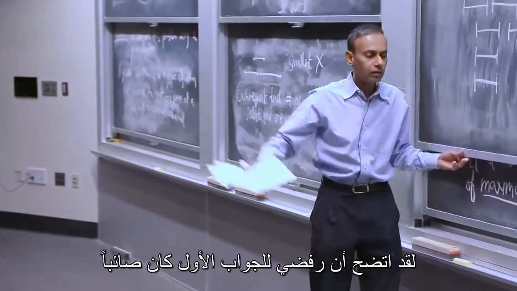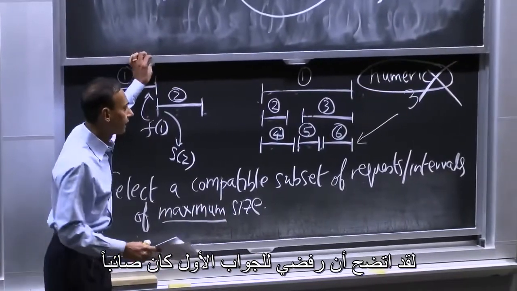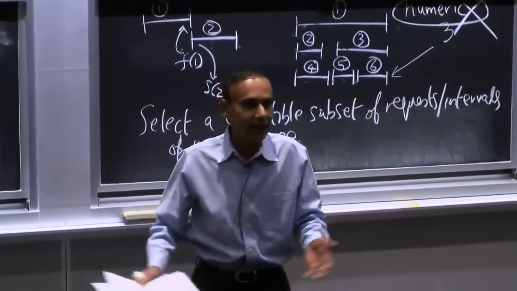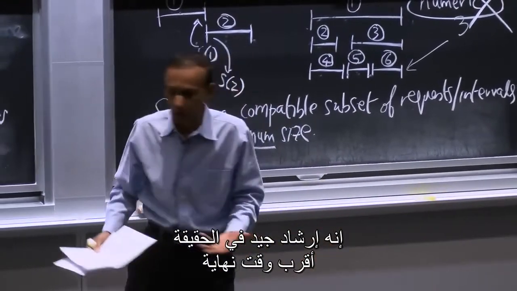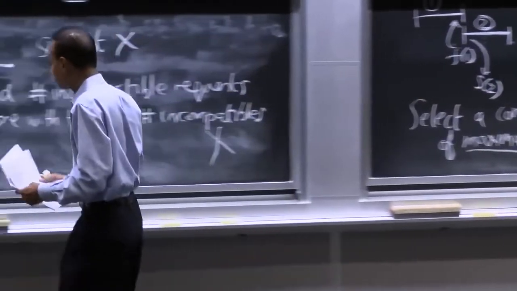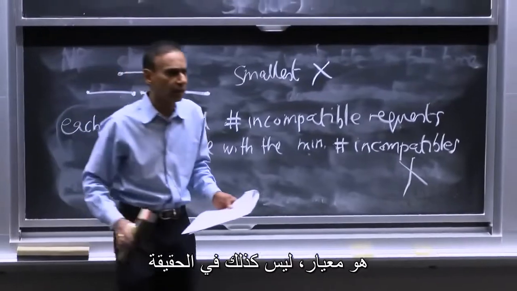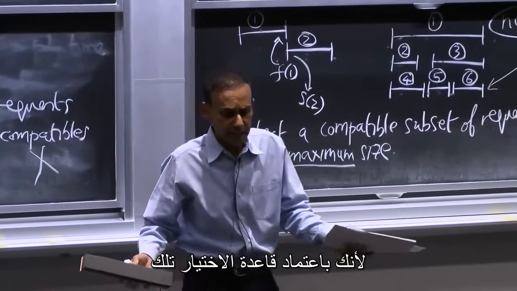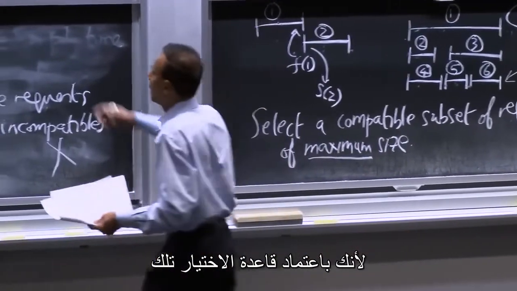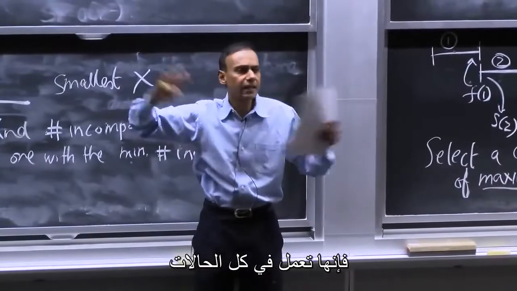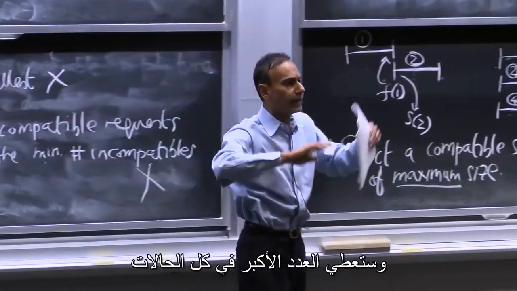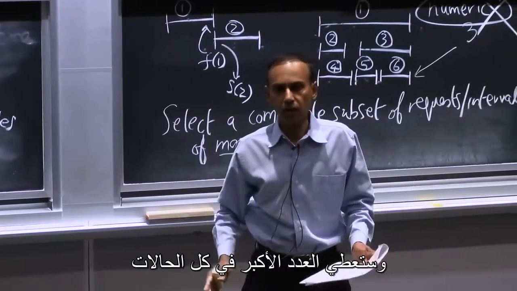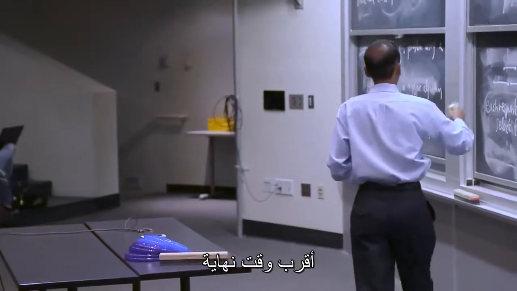So as it turns out, the reason I didn't like that first answer was it was correct. It's actually a beautiful heuristic. Earliest finish time is a heuristic that is, well, it's not really a heuristic in the sense that if you use that selection rule, then it works in every case. In every case, it's going to get you the maximum number. Okay, earliest finish time. Right. So